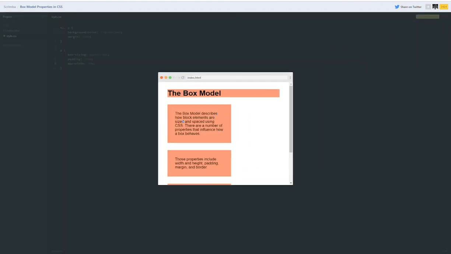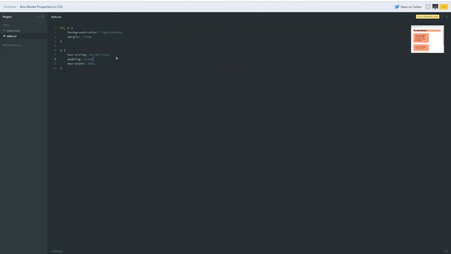Now we can see that these boxes are clearly actually half the width of the container, and those two are placed inside that 50% and push the content in smaller to make room for that padding. This is border box. Border box is so great, and it's so often the way that I want things to behave that I've decided I just always want all my elements to be border box. So what I'll often do is add at the top of every CSS style sheet a star for a